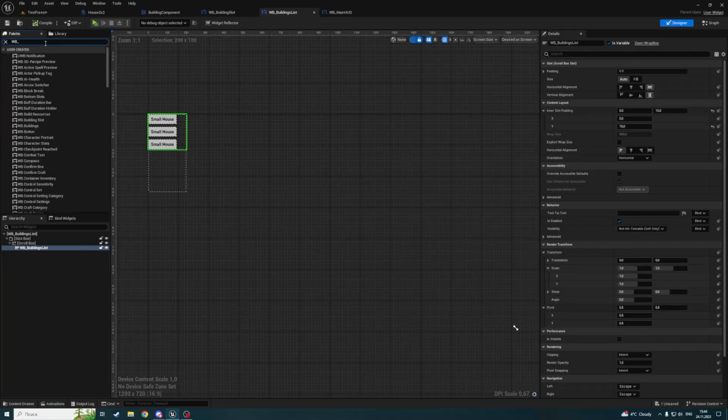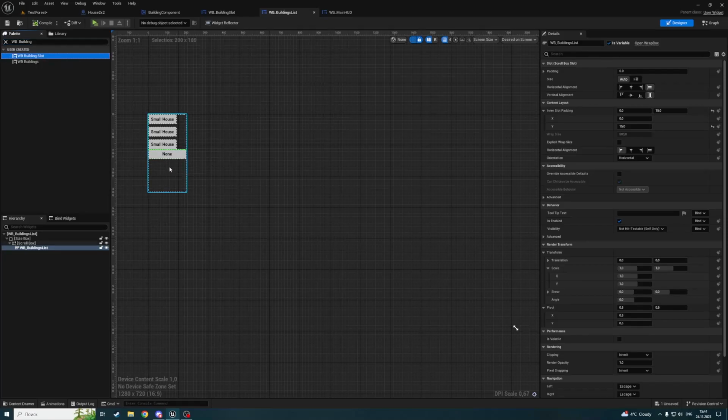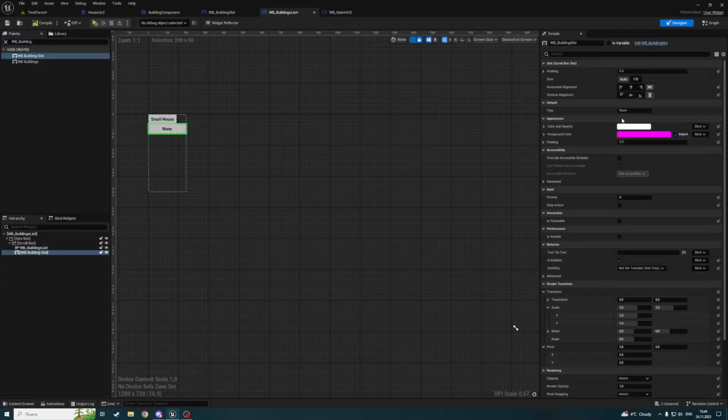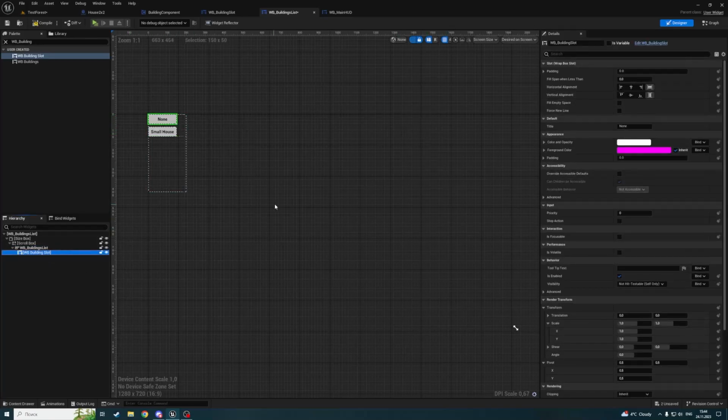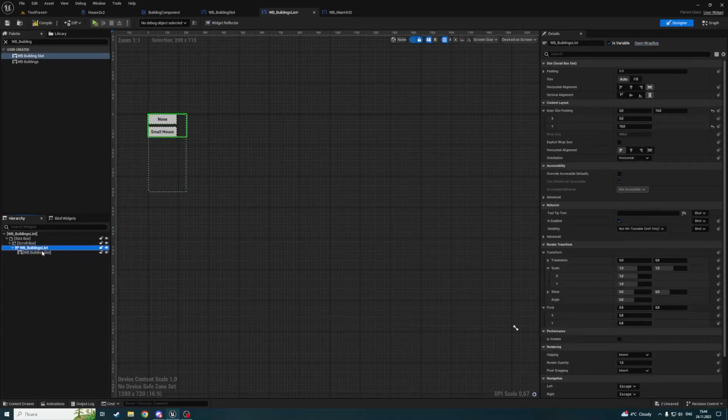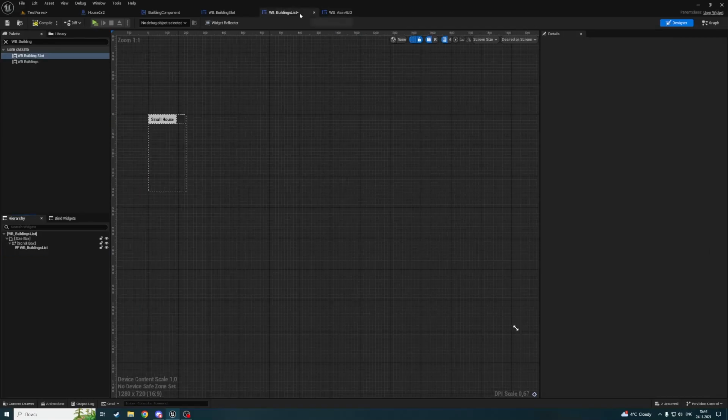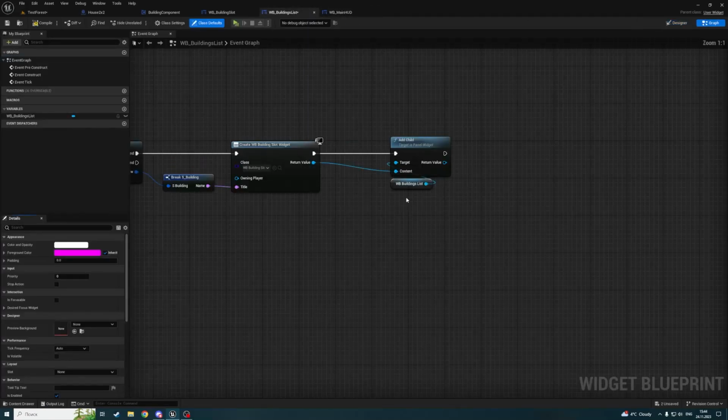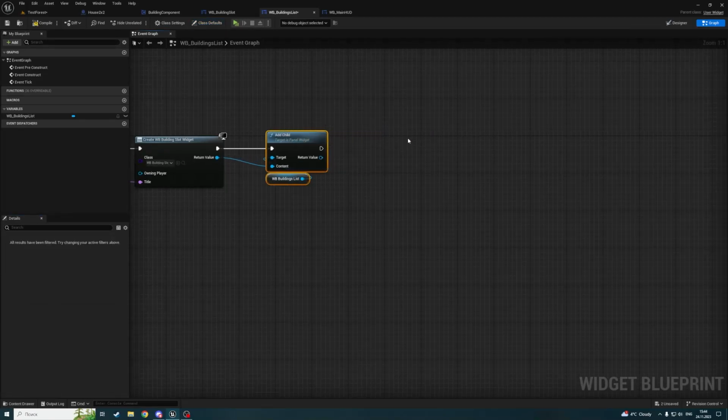Let me edit here again. Fill empty space. Oh, okay, slot. We need to do it on the slot, not on this widget. So after we create, edit a child,